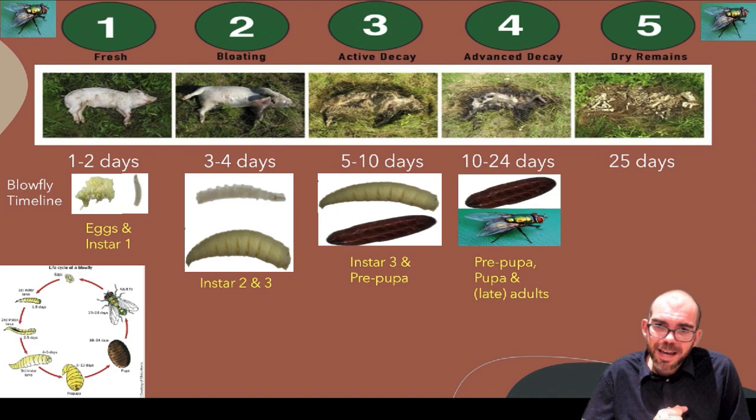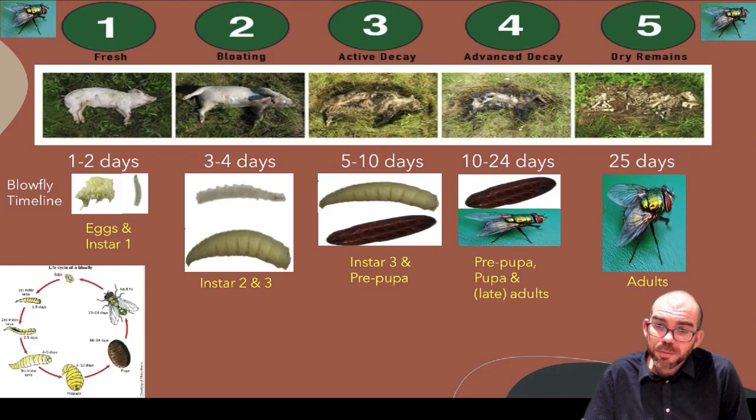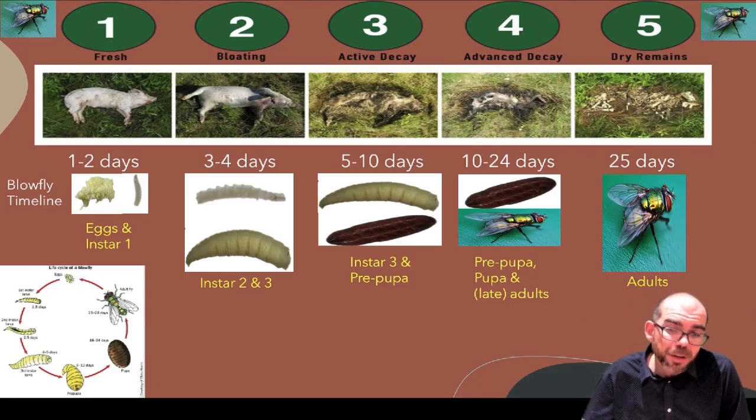During advanced decay, I should find some prepupa, pupa, and maybe near the end some adults. And at 25 days, I will find an adult. So if I find a corpse and I'm not sure which phase of decomposition it's in or how long it's been there, and I find some instar 2s and 3s, odds are that body's been there 3 to 4 days. It's not 100% accurate, but it's a pretty robust estimate of how long a body's been present and how long